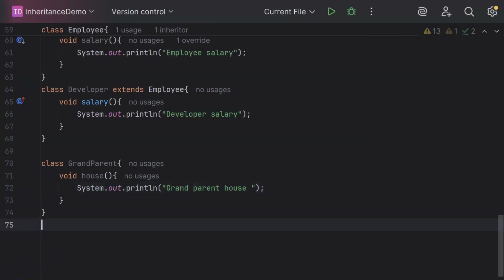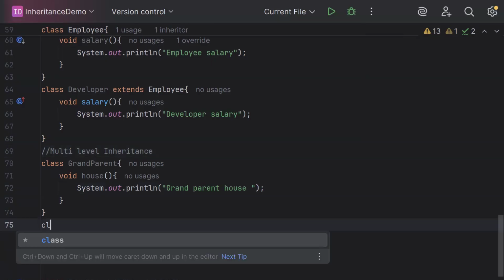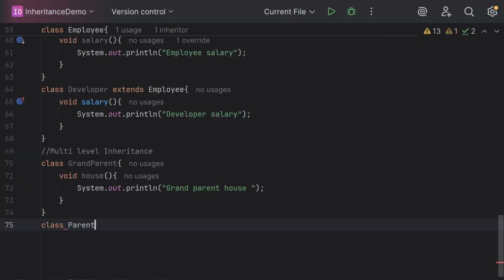Now I will define, this is multi-level inheritance. What we are discussing is multi-level inheritance. So the next level is class parent